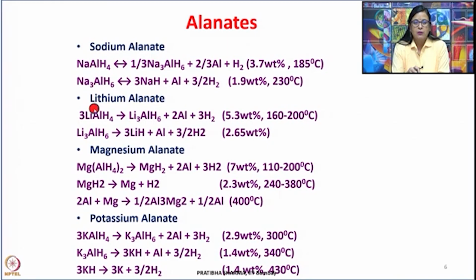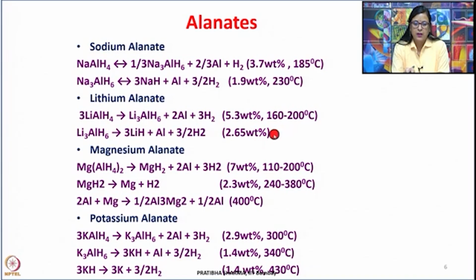Now, the other example could be lithium alanate. So, lithium alanate, 3LiAlH4 can give Li3AlH6 plus 2Al plus 3H2, and this reaction occurs at a temperature of 160 to 200 degrees centigrade, releasing 5.38% of hydrogen. This Li3AlH6 can further give 3/2 H2, another 2.65 weight percent,